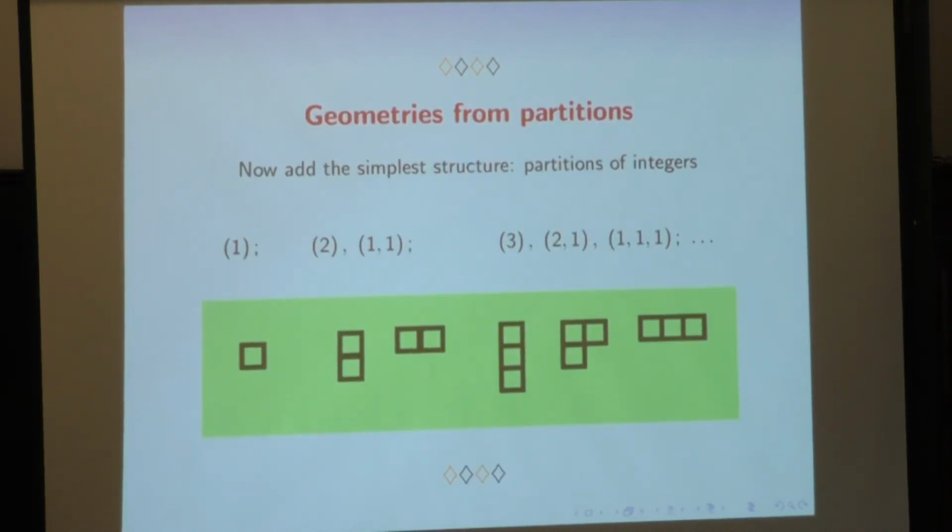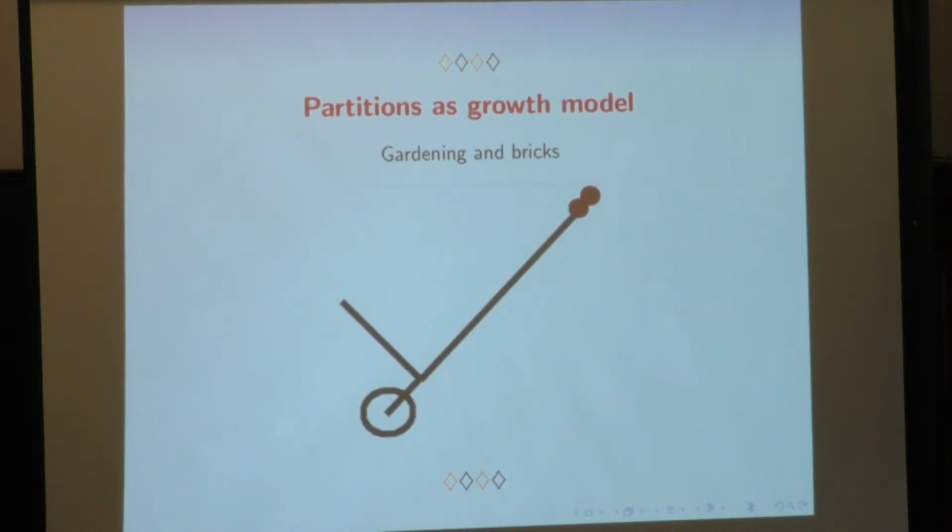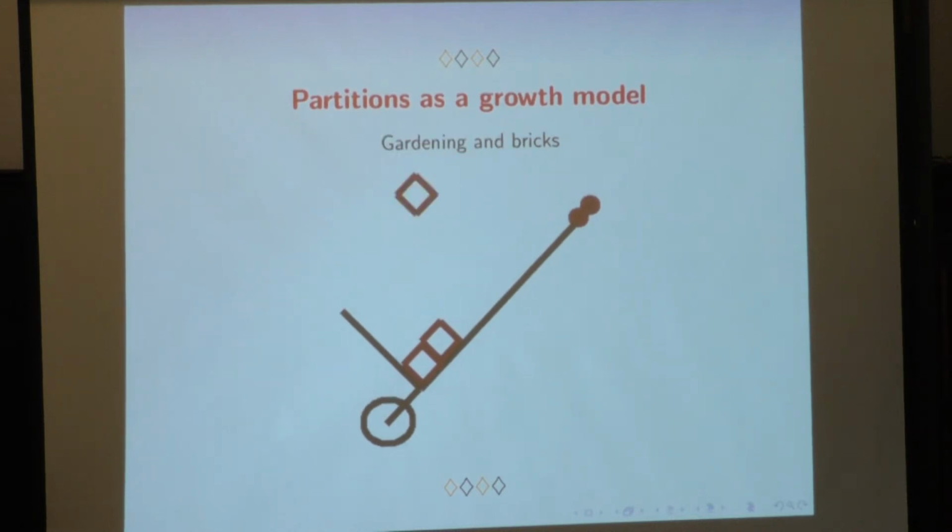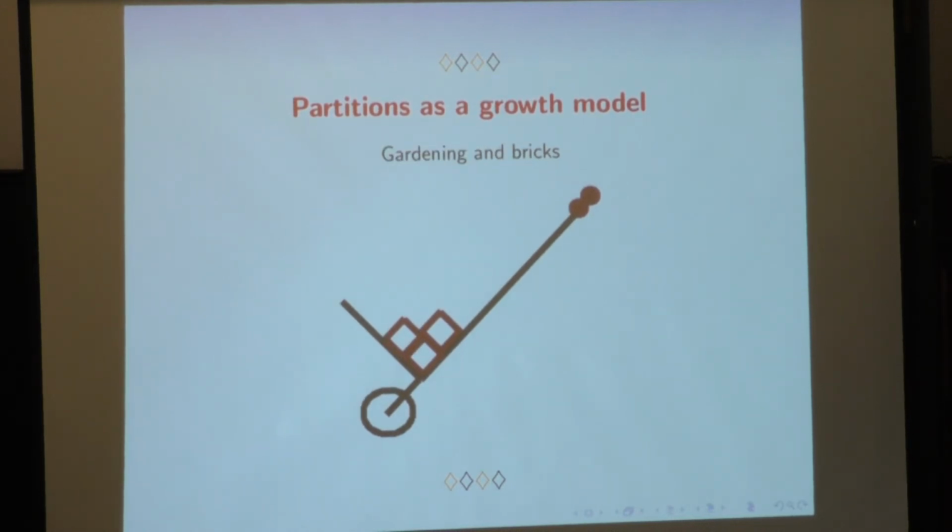And then there is a famous Young diagram representation of these partitions. It may appear that you have n ways of doing this for number n, but of course, this is not the case. You can think of these partitions as the simplest bound states of elementary objects, being squares, and then you try to glue them. That problem actually arises in the construction business. If you take a gardening cart and a bunch of bricks and start throwing bricks so that they fall and slide down by the force of gravity, one by one,